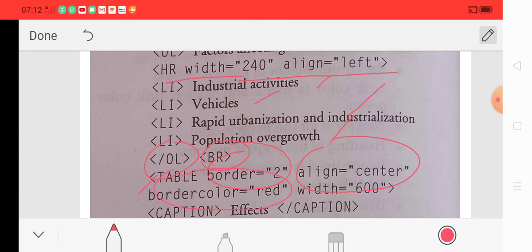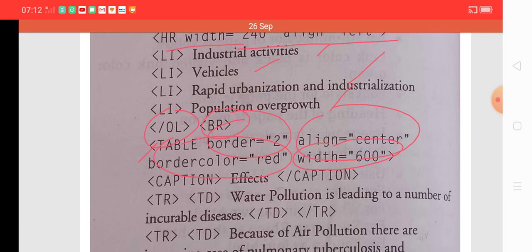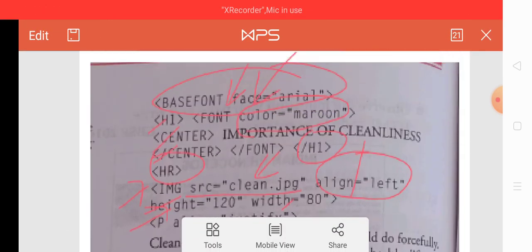We also take width, because we can see that the width is not normal in this case. So we specify the width in terms of pixels.